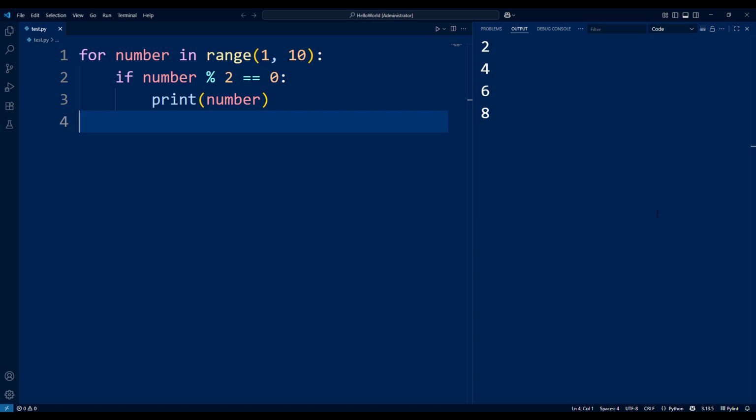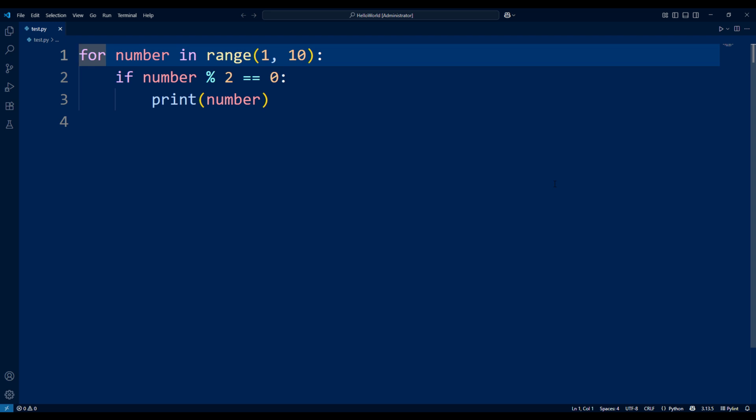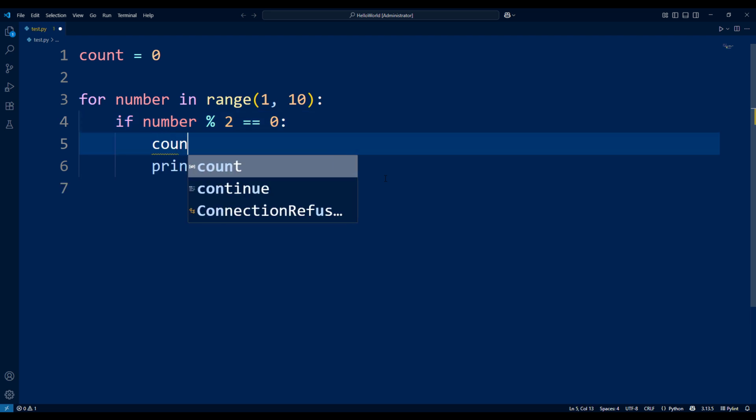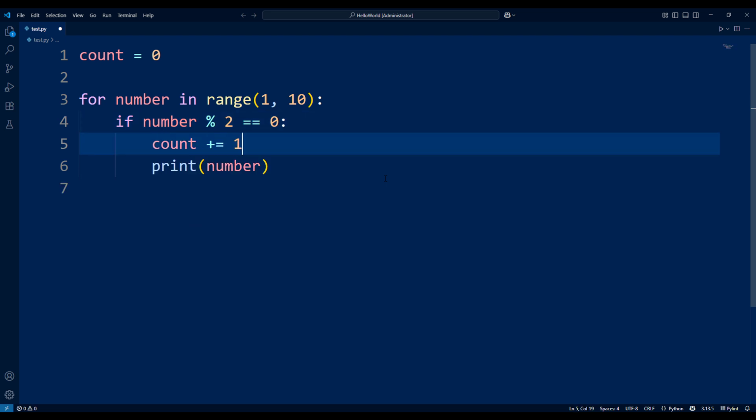Excellent. Now, we need to print how many even numbers we found at the end. To do this, we can define a variable before our for loop. Let's call it count and set its initial value to 0. This count variable will store the total number of even numbers. So, by default, before the loop starts checking the numbers, we say the count is 0. Then, inside the if statement, whenever we find an even number, we increment the count variable by 1 before printing the number. Once the for loop finishes, the total count will be stored in the count variable and we can